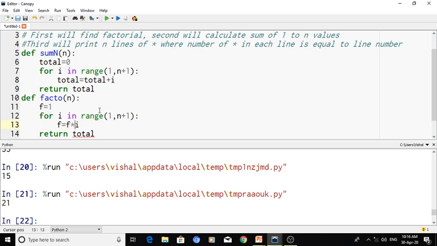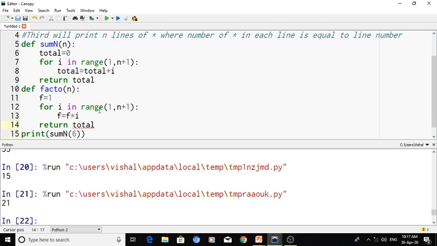Star is an arithmetic operator, it multiplies. So f is 1, and the value of i in the beginning is 1. So 1 into 1, 1. Then next time i will be incremented: 1 into 2, 1 into 2 into 3, likewise it will calculate. Then I will return the value of f.